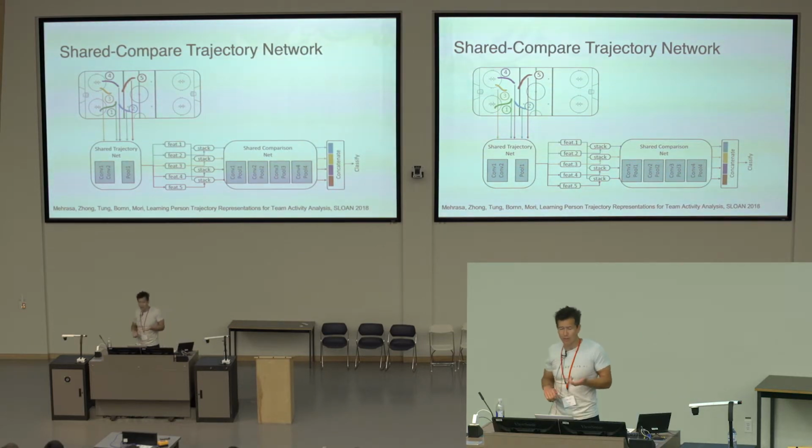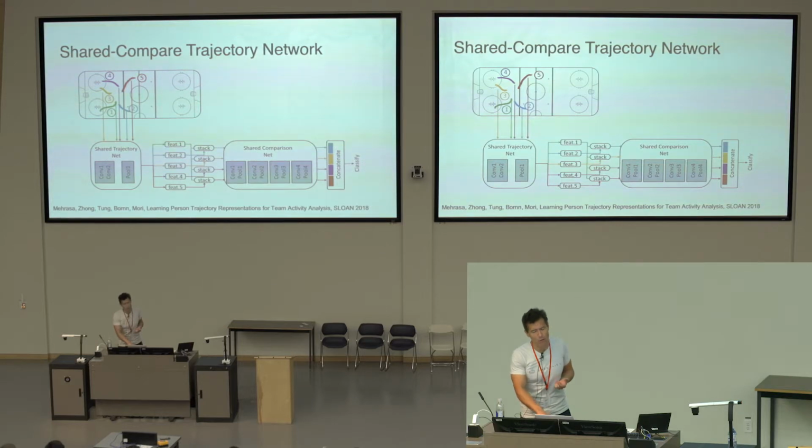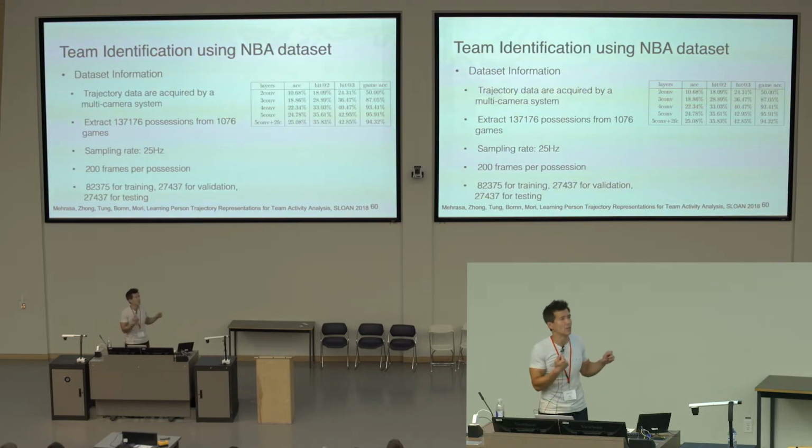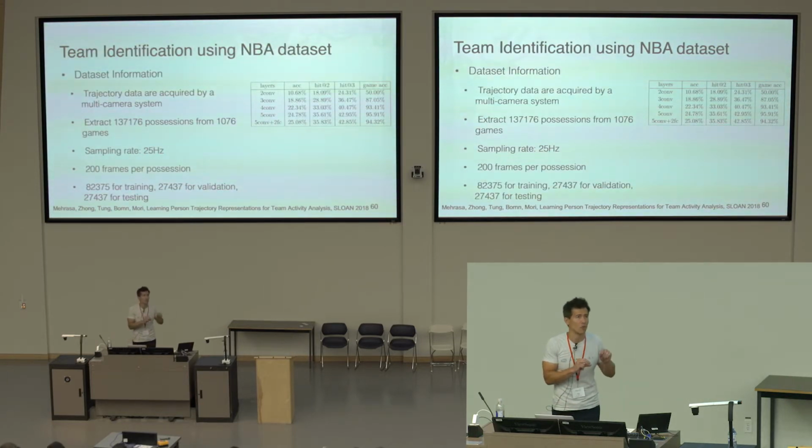So these things are actually remarkably powerful. We did experiments with these analyses of spatiotemporal relations over just trajectories on NBA data sets. There are these great data sets out there that basically have the trajectories of every single player in every single NBA game. Those are extracted from a multi-camera tracking system. They're quite accurate these days. 137,000 possessions, so one end-to-end possession in a basketball game.